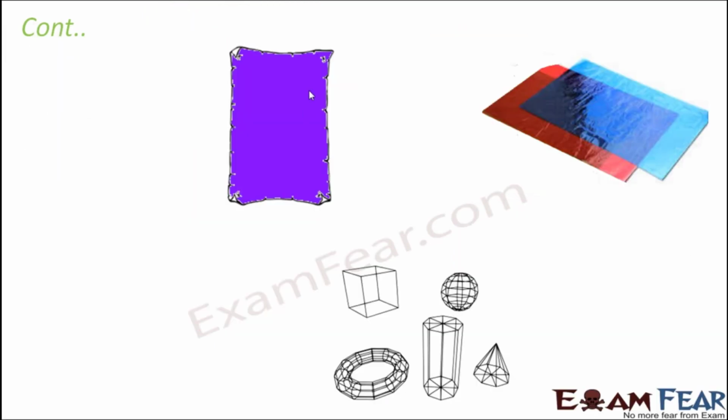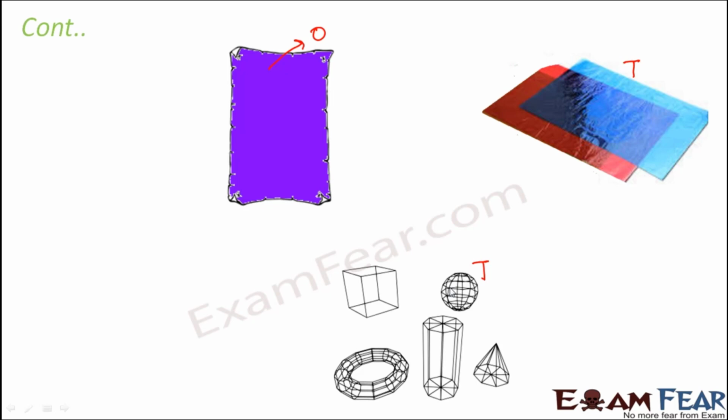Think of a sheet of carbon paper. So that's opaque because through it we cannot see the stuff present behind it. You think of cellophane paper. So this cellophane paper is also transparent. You think of wire mesh. So they are also transparent because in between the wire mesh you have a lot of open spaces and that's how you are able to see through it. So that's why they are transparent.